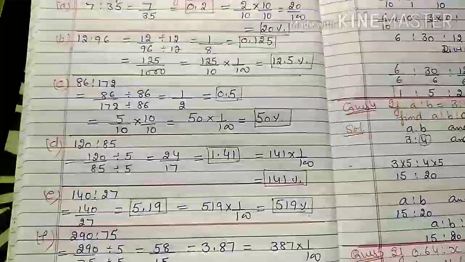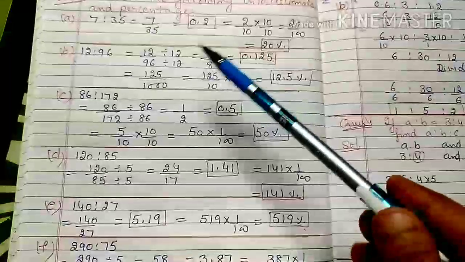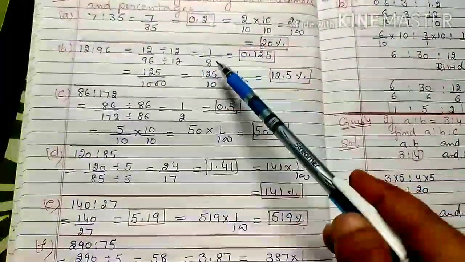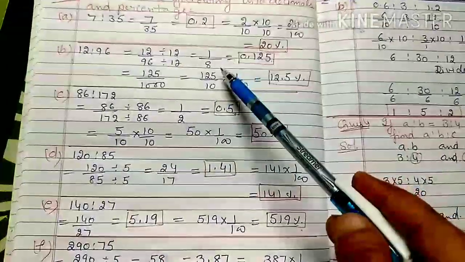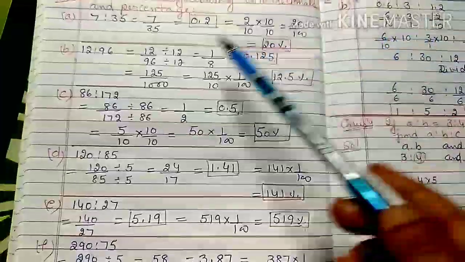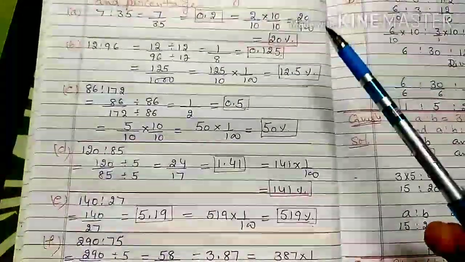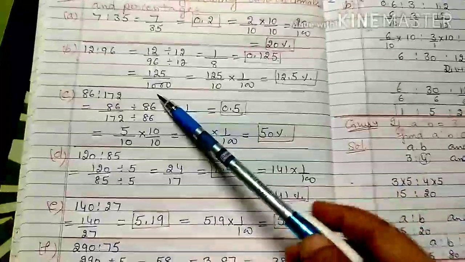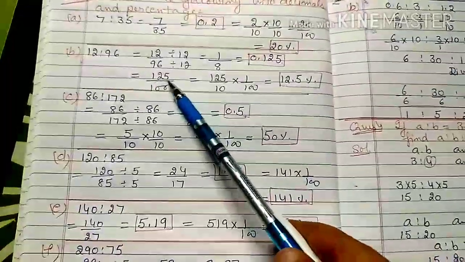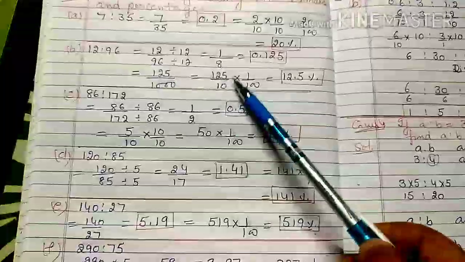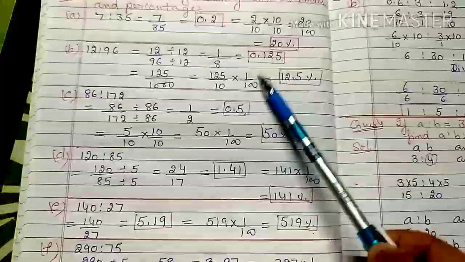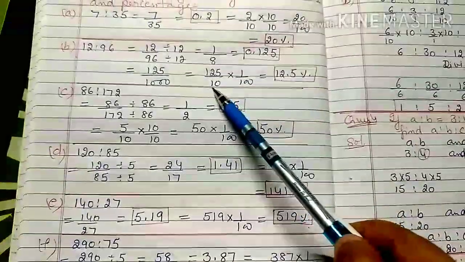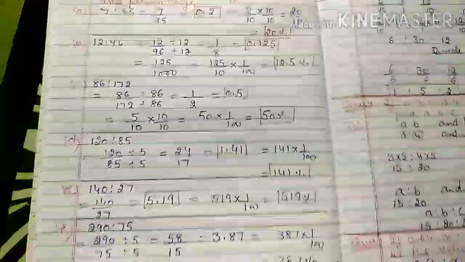Similarly, when you reduce to the lowest form, the HCF is 12, so when you divide each term by 12 you get 1 by 8, and when you divide this you get 0.125, or you can directly divide 12 by 96, that will also give you 0.125. Now you open the decimal, that becomes 125 by 1000. Keep 10 separate from that and 1 by 100, because this 1 by 100 converts into the percentage sign, and this 125 by 10 gives me 12.5.